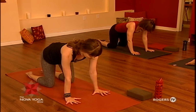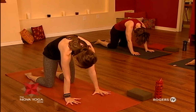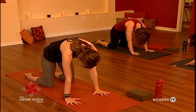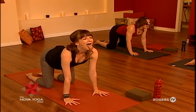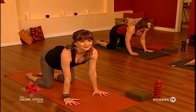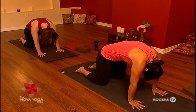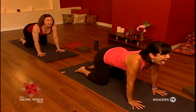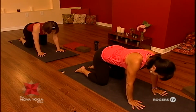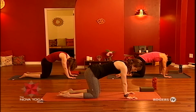So as you inhale, you're going to bow your head, round your spine, gaze between your legs, finding your cat stretch. And then as you exhale, you're going to look forward, roll the heart open, stick out your tongue, and release whatever needs to go. Inhale, curl it in. Exhale, be free. One more big one, make it count. Inhale. And